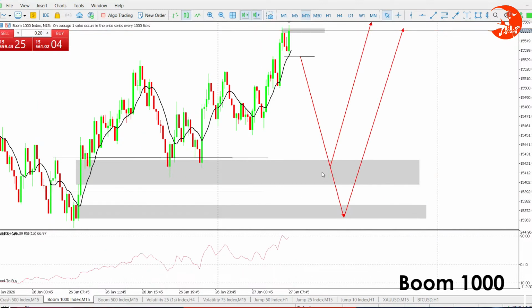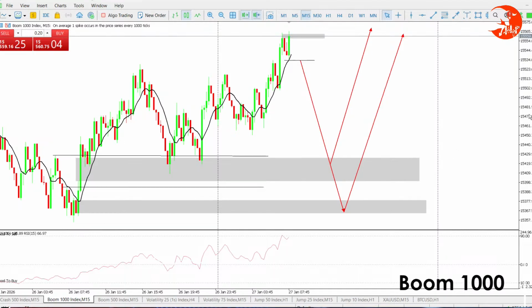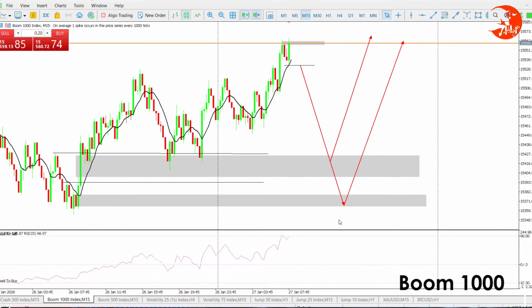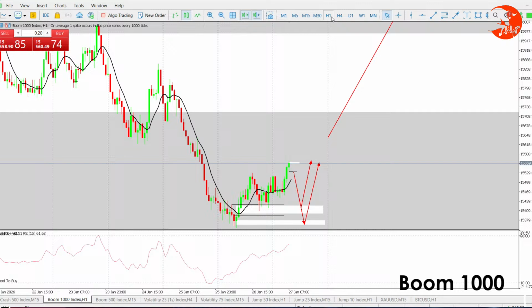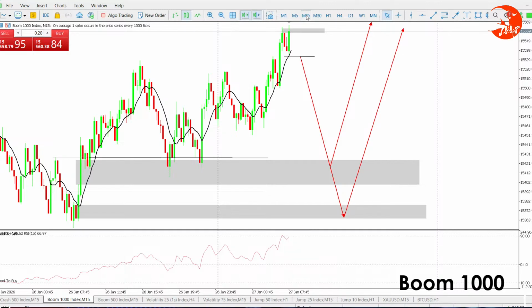to retest these levels, grabbing liquidity that is left there, stop losses that are right here. If anyone entered from here, then their stop losses are right here. If anyone had entered from this very low here, then the stop losses are right down below here. So it's looking for that liquidity before it can continue with a perfect momentum according to H4. So we will wait. We are going to be waiting and see what is gonna happen. So for now, no business,